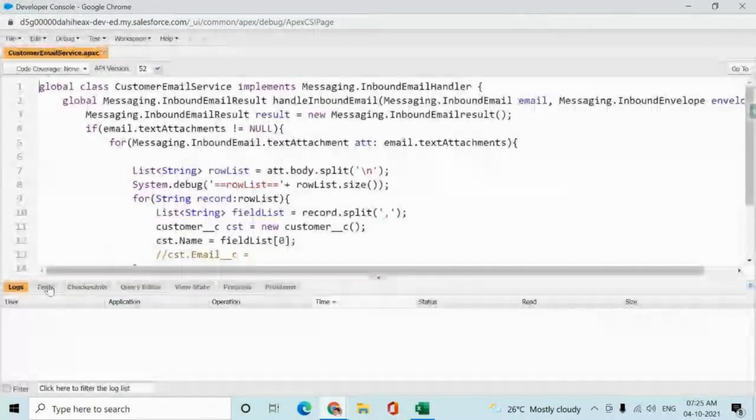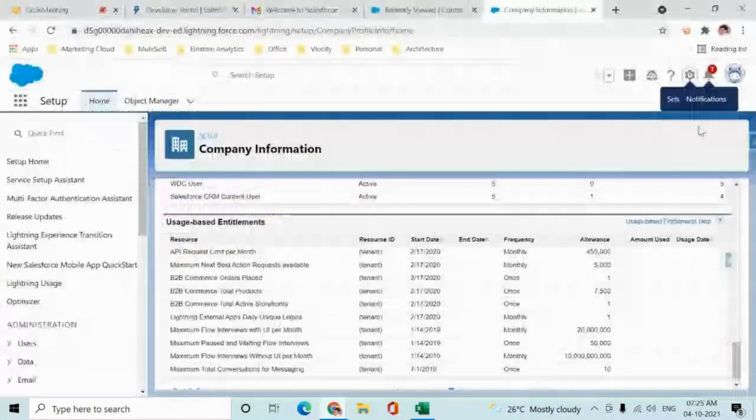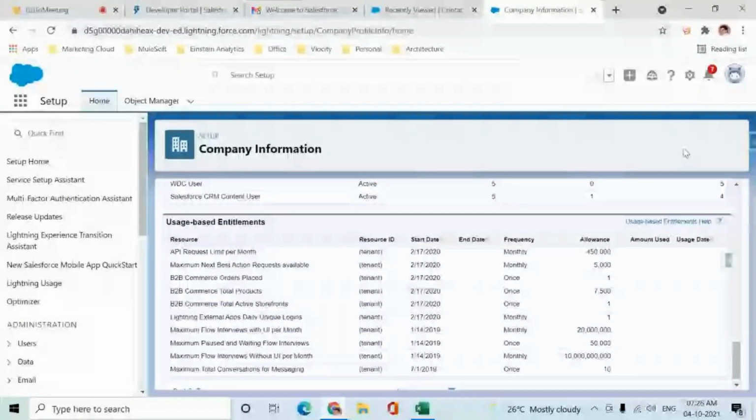So we will see in depth when I start speaking about the development. So I'm just giving a heads up. These are the features that we are going to have, because I want you to get used to the system first. So developer console, if you see, I'm already getting some notification.